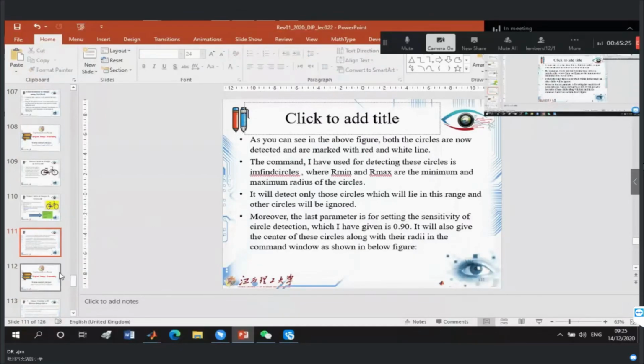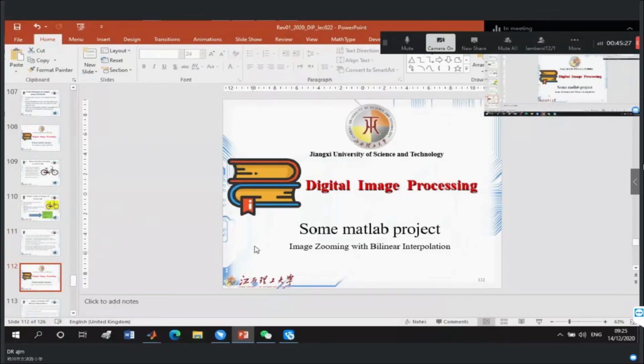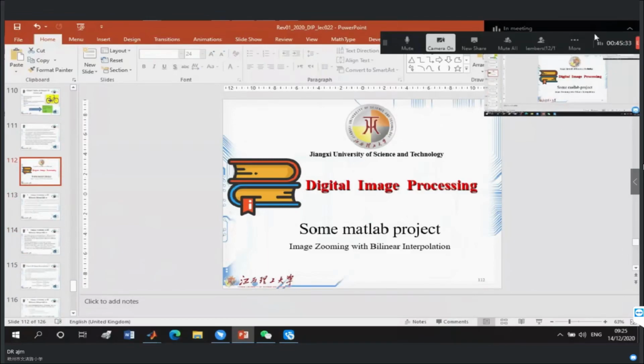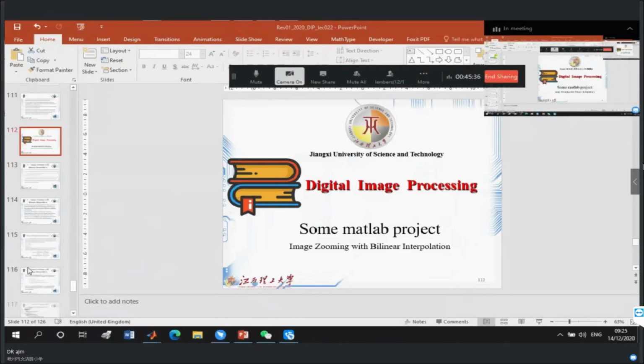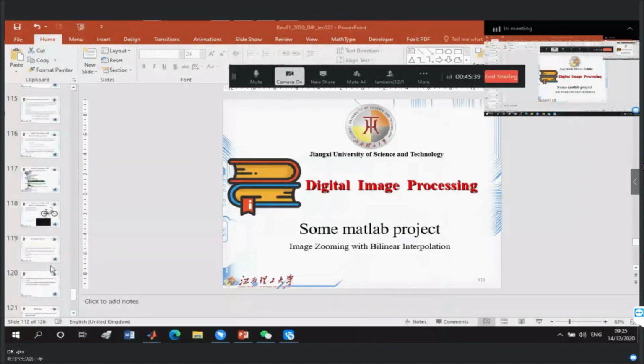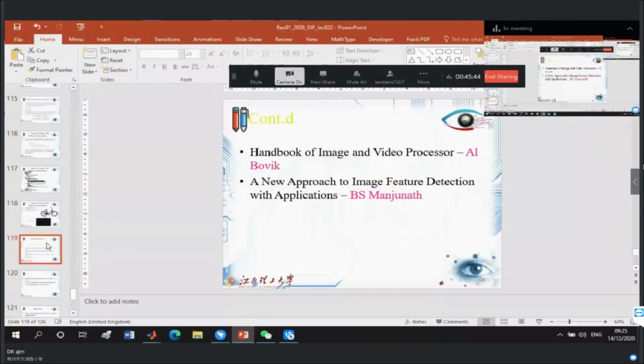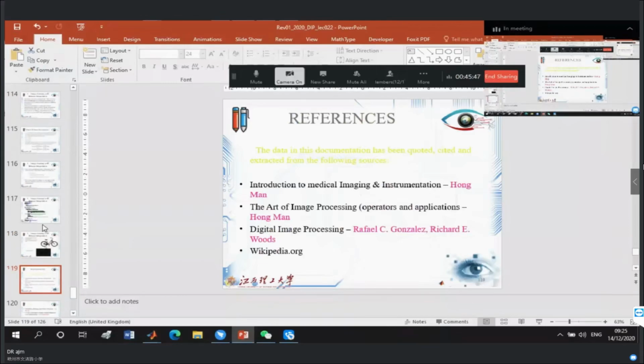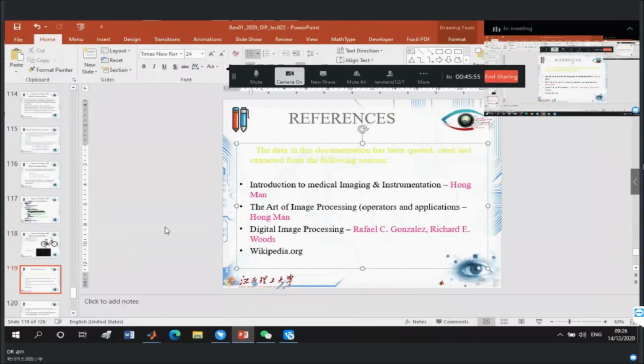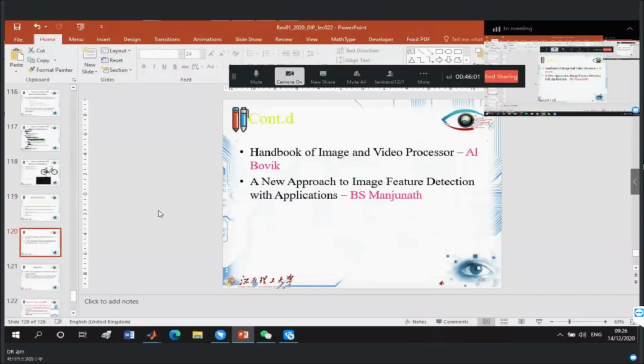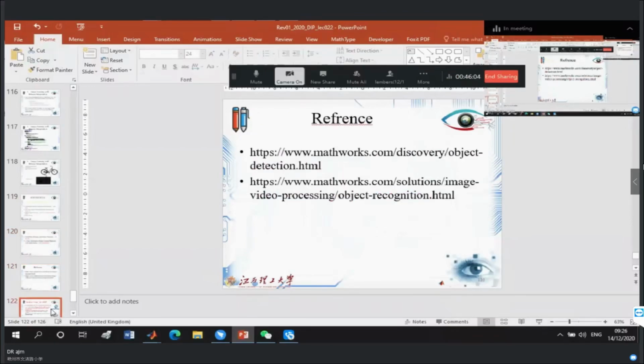The next example will be image zooming with bilinear interpolation, but I think now we don't have much more time. I will put this example for you on the PPT. If you want, you can review it yourself as the self-study part. Anyway, I used some references for today, like Rafael Gonzalez's books, and also some other white papers and research papers. And especially I use the MathWorks